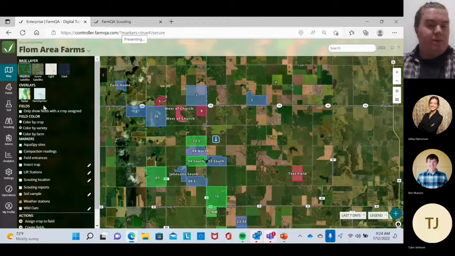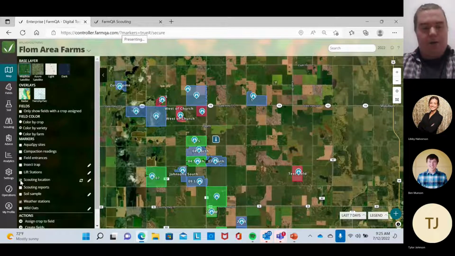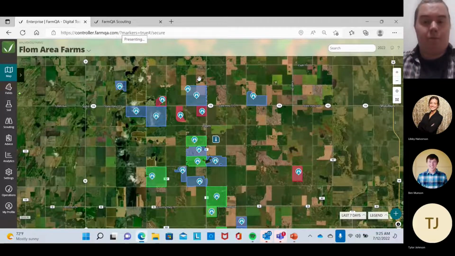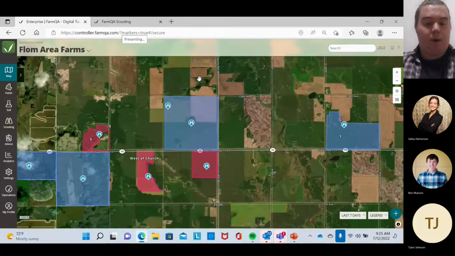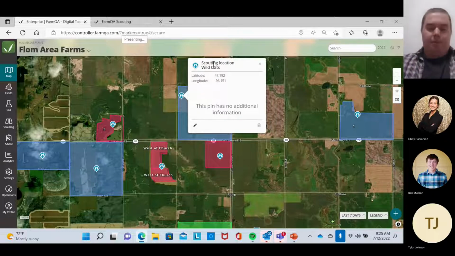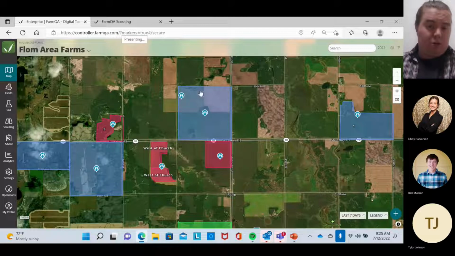So here we have all of our point layers that you can see from the actual web application. Under markers, I want to go down and look at my scouting locations. I'm going to click and turn this on, and you can see all of my scouting locations that I've had from the recent growing season. This one that I want to bring up real quick, I have set as wild oats. Some of our users have found that they're able to set scouting locations and identify different patches of different pests or anything along those lines, and they can really easily show them to their producers. As you can see right here, I'm able to show where I found this wild oats location